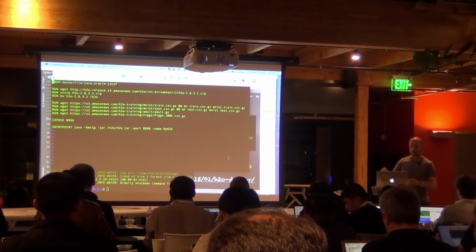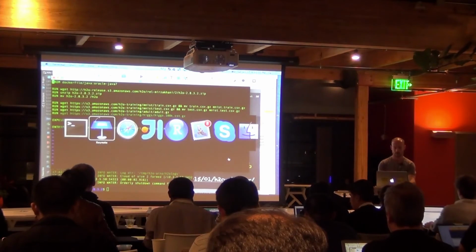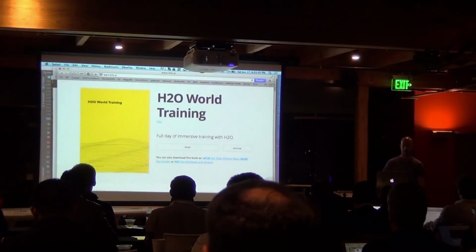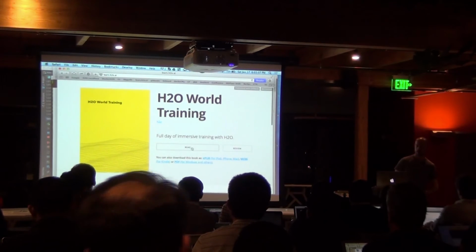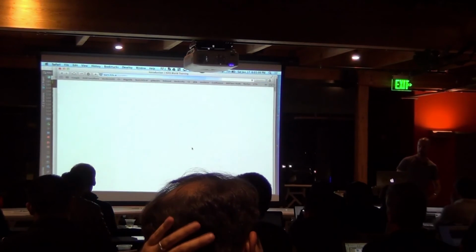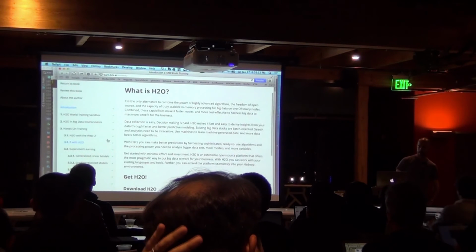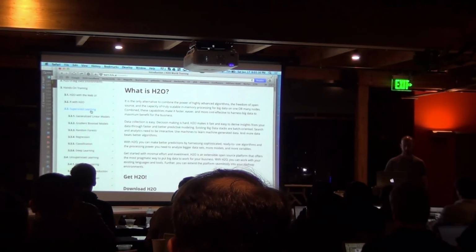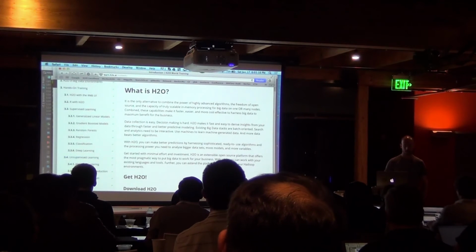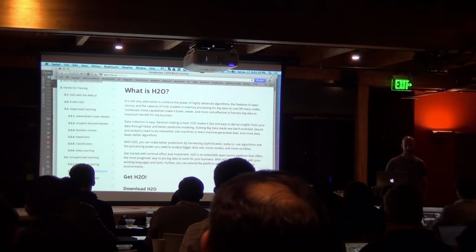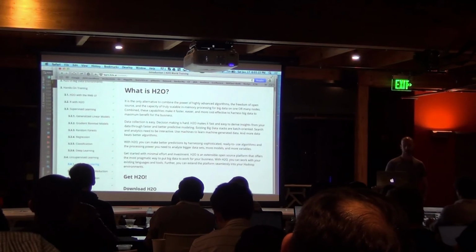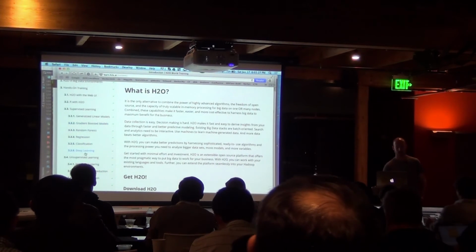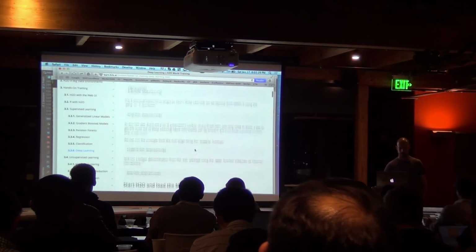All of this is also on our website, learn.h2o.ai. It was our training day. Click on read, and there's an explanation for pretty much everything. So there's supervised learning, unsupervised learning, the anomaly detection app that I showed you. There's dimensionality reduction, GLM, clustering. There is random forest, gradient boosted trees. There's a whole deep learning section also on the MNIST data set